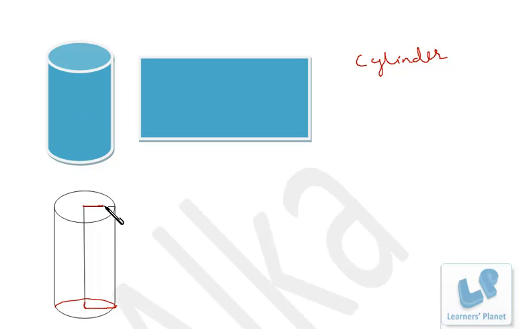So this is the circular surface, right? This is the radius of the cylinder, right? From this point to this point, that is the center point of the top surface and the center point of the bottom surface, the distance between them is the height of the cylinder, right? And again this is the radius. Now this round surface is known as the curved surface,